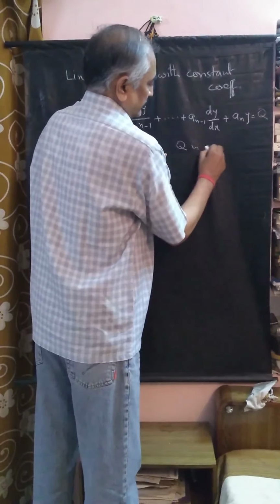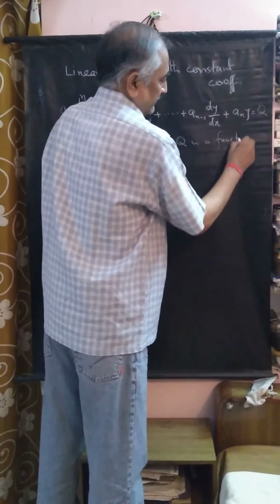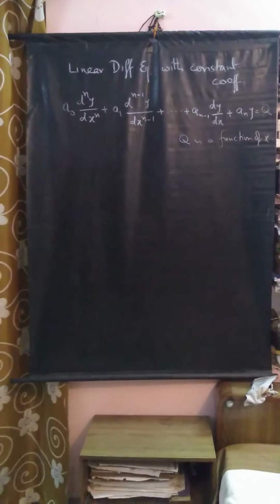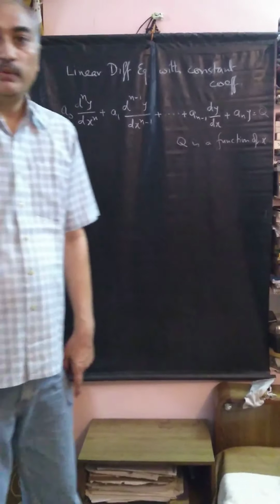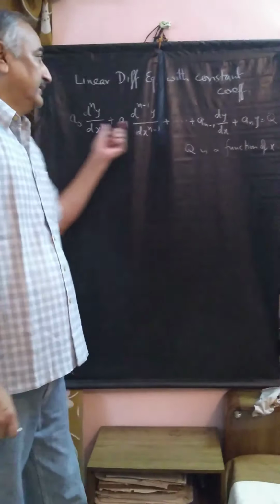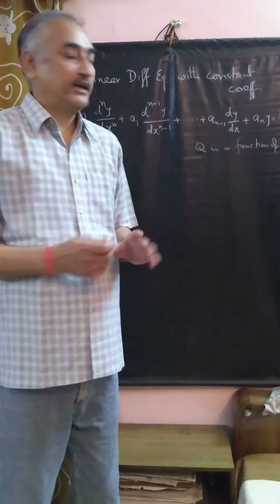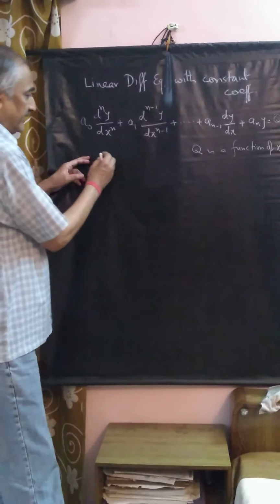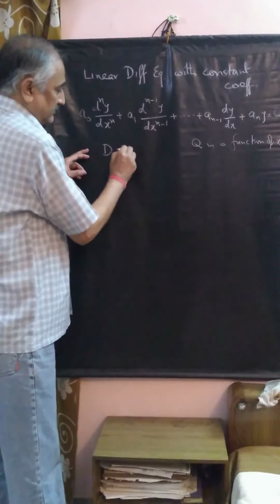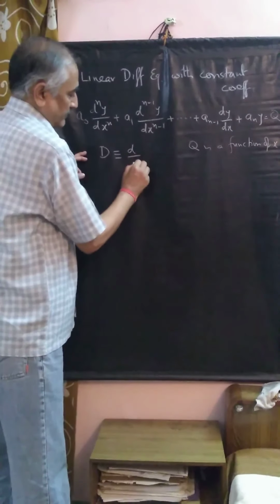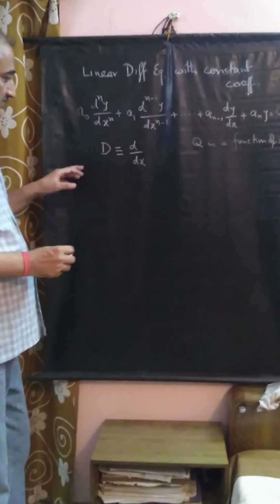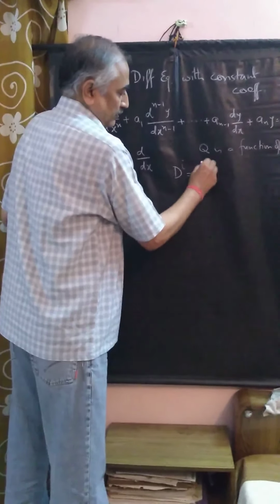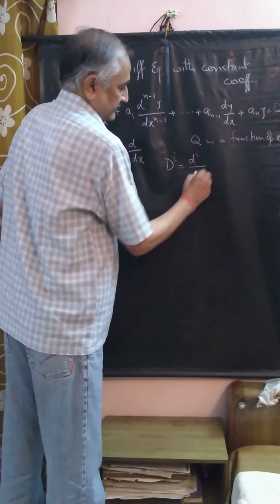Q is a function of x. So we assume here that this y has derivatives of the required order. So all these derivatives exist, and if I write this notation for d by dx and this notation for the ith derivative with respect to x,